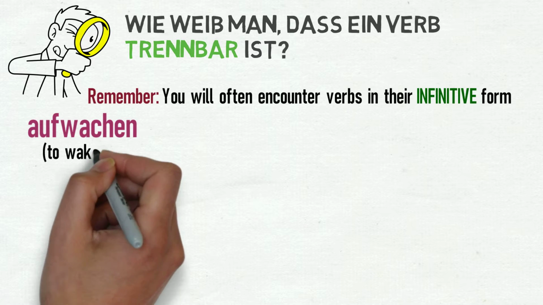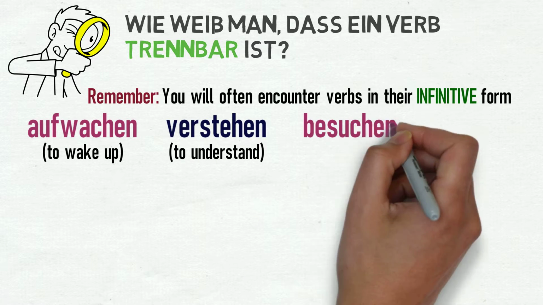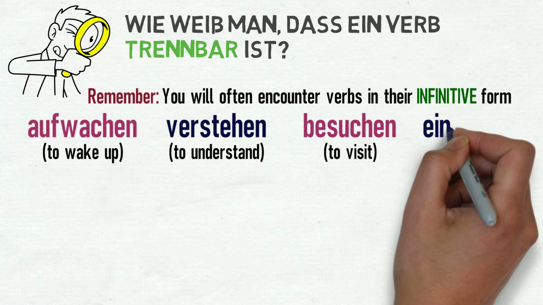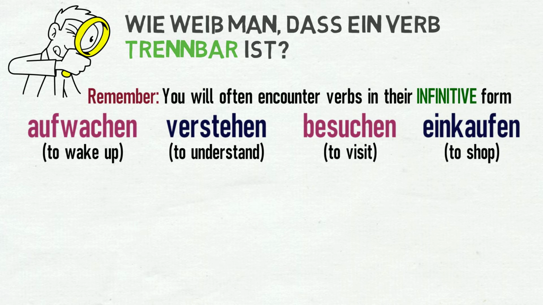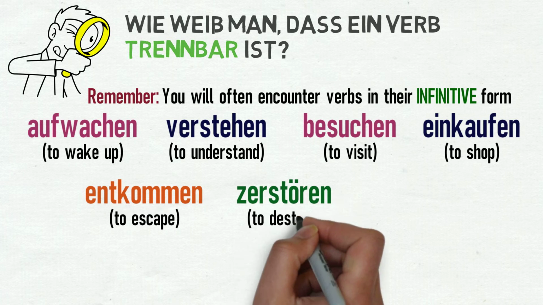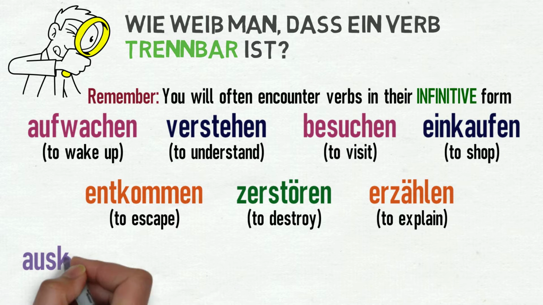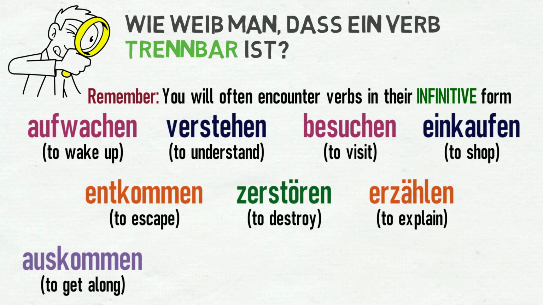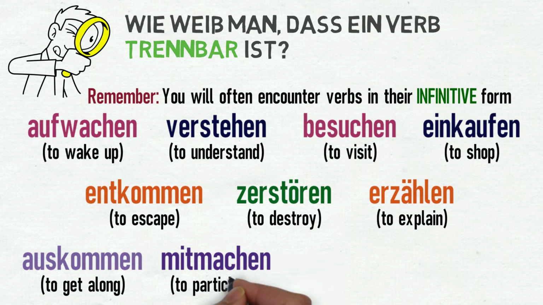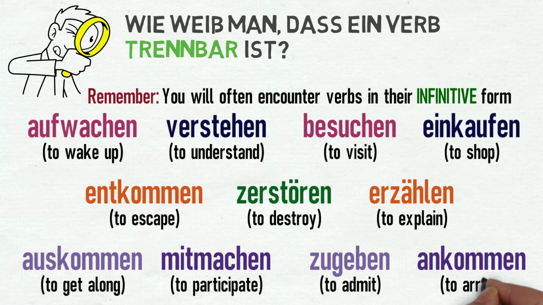Aufwachen, to wake up. Verstehen, to understand. Besuchen, to visit. Einkaufen, to shop. Entkommen, to escape. Zerstören, to destroy. Erzählen, to explain. Auskommen, to get along. Mitmachen, to participate. Zugeben, to admit. Ankommen, to arrive. The main way to identify separable verbs is to look at where the stress falls on the